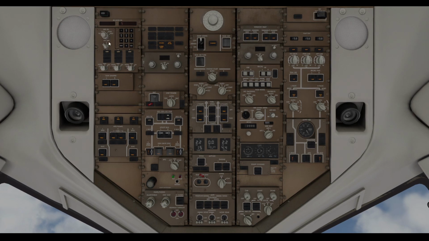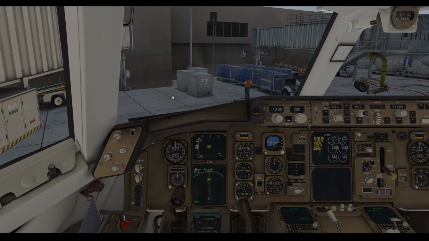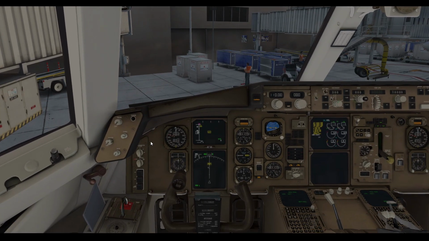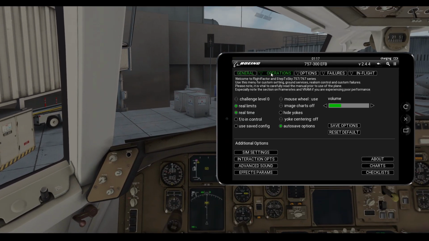Then we can track the progress by turning this knob all the way over to the right, and you see the process takes about 7 minutes. Once we're done with that, let's go back to our iPad. As you can see, we've got some displays illuminated now. We'll go to our